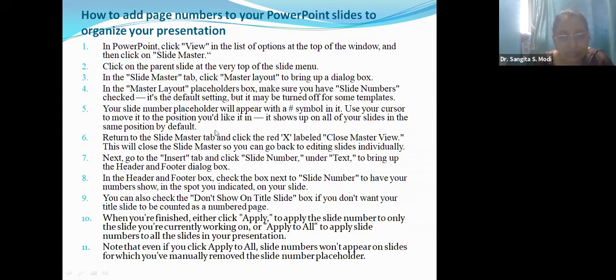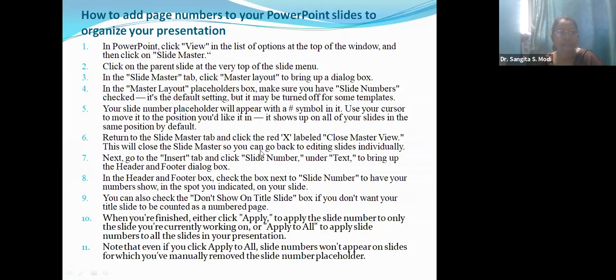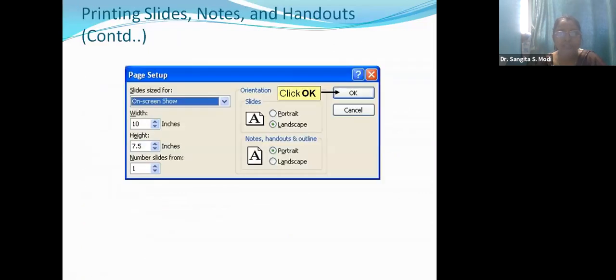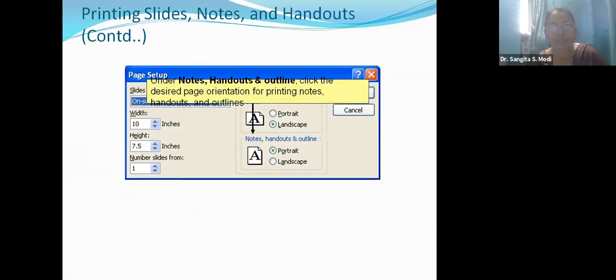I have written all these things theoretically. Okay, so practically you can do it easily, but theoretically you have to jot down all these steps. So here I have finished all the slides about this presentation. If you have any queries, then feel free to ask me.